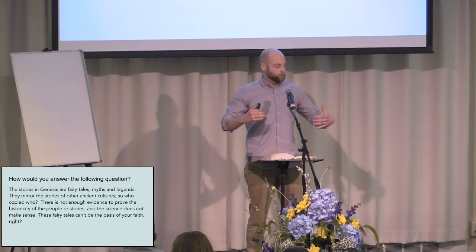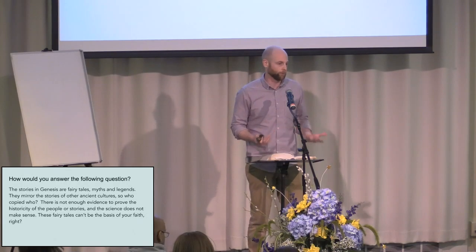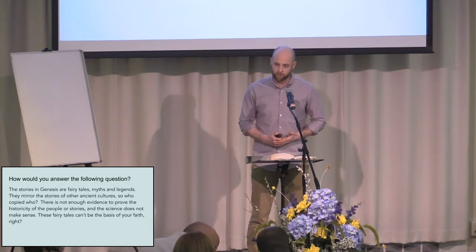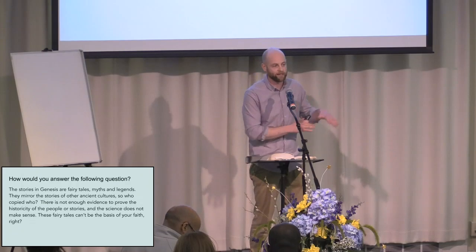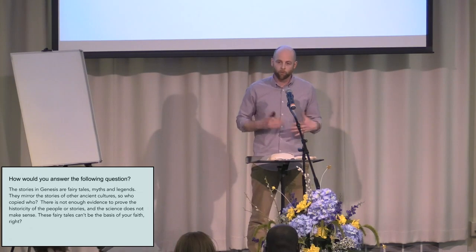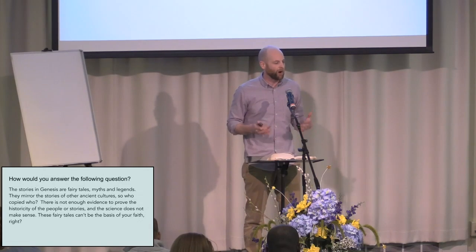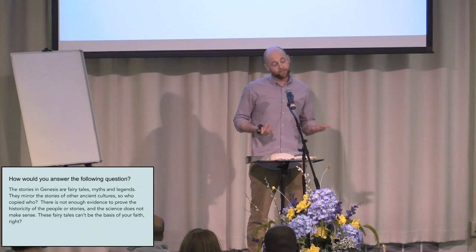If someone were to say, Genesis is just fairy tales, it's myths, it's legends, you can't prove it. How are you going to prove the historicity of some of the people that are mentioned in there, the places that are mentioned in there? Yeah, it mentions the Tigris and Euphrates and Mesopotamia. We got that in 6th grade. But all the other stuff, like what do we do with all that other stuff? It just seems like stories made up. And are you really going to base your faith on something that's made up that you can't prove? I think that's a legitimate question.